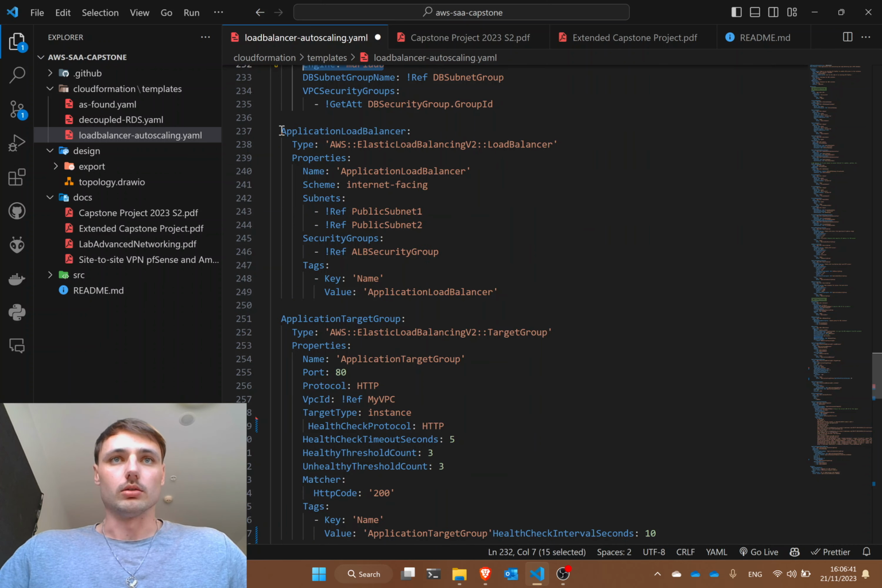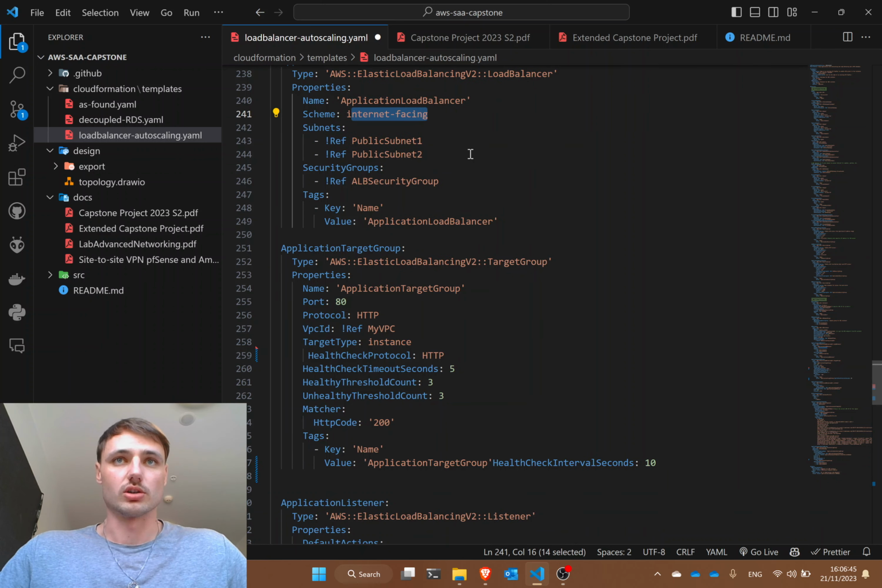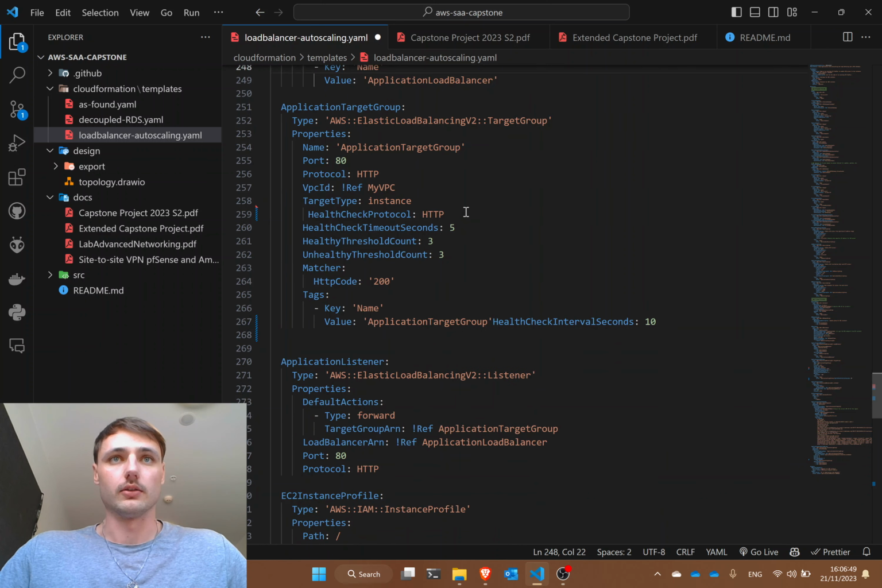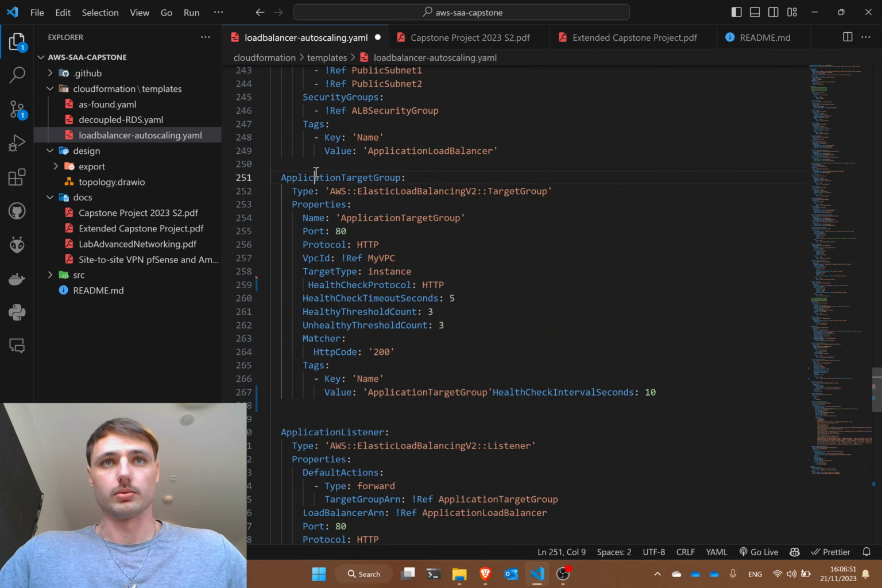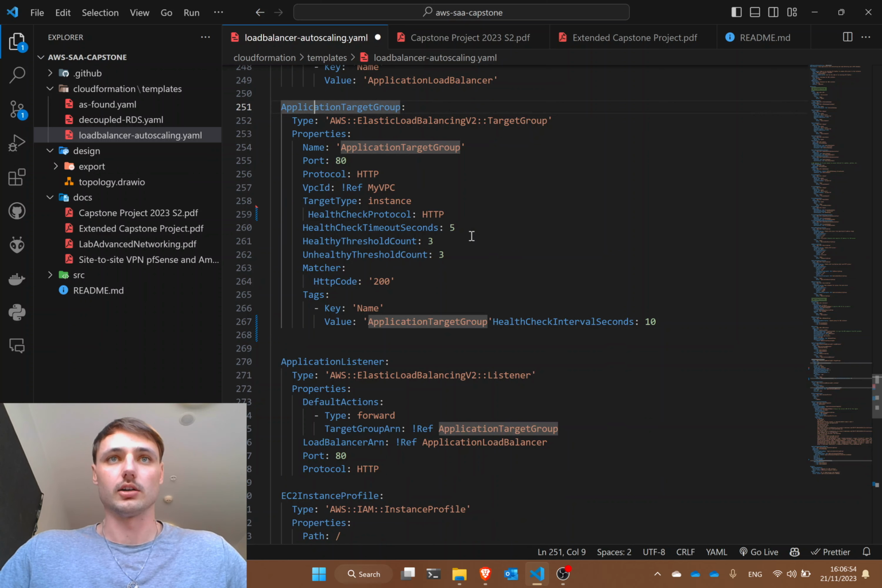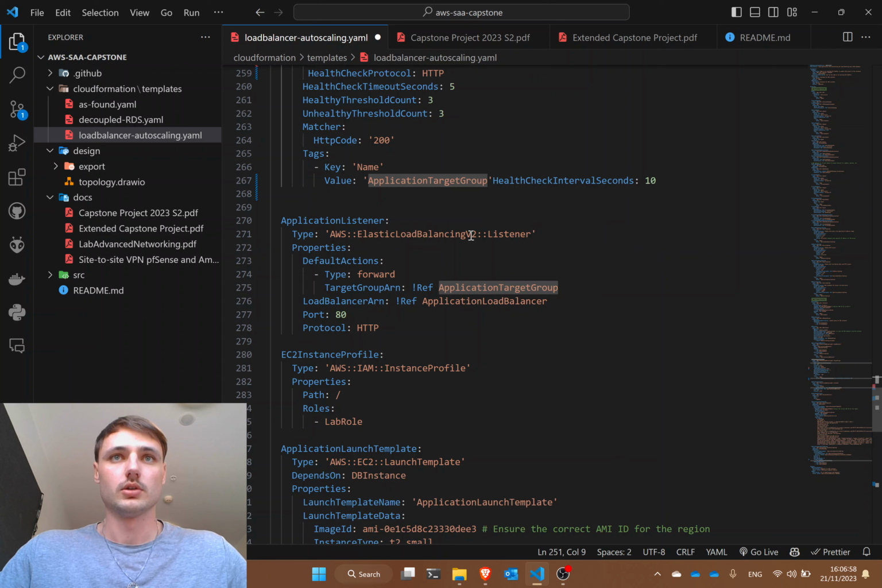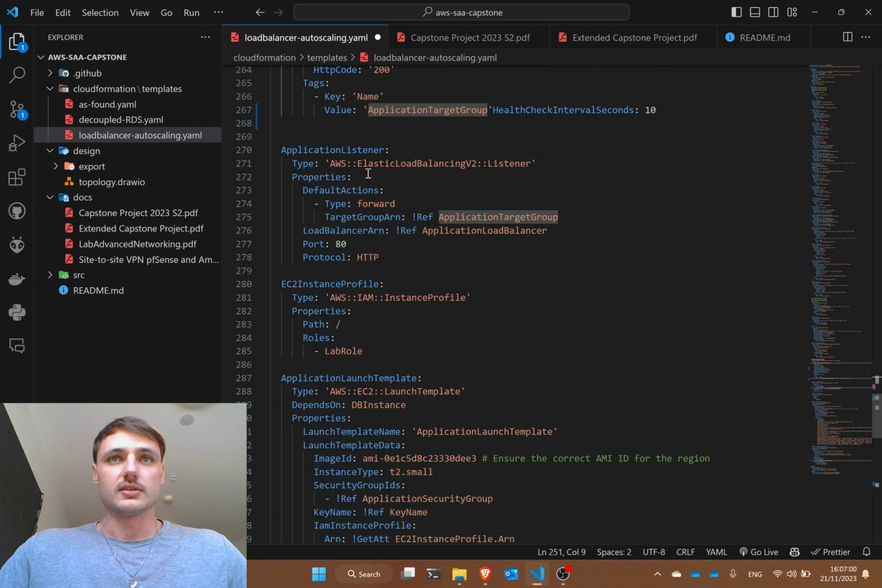Now we have our application load balancer as well. It's internet facing, as I mentioned, very normal standard stuff, and we are giving it this target group. This is the target group where the traffic should be distributed to. And in this case, we're